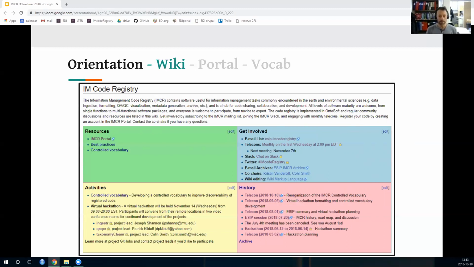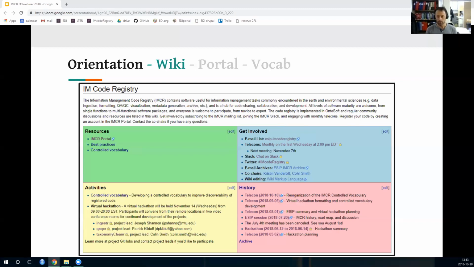It contains information on how to get involved with the project, listing the various ways that the IM Code Registry community communicates, and it lists also the activities that are underway,